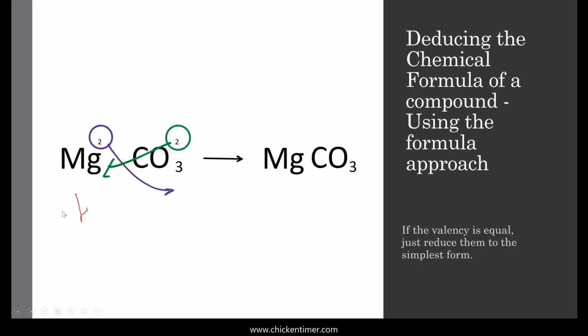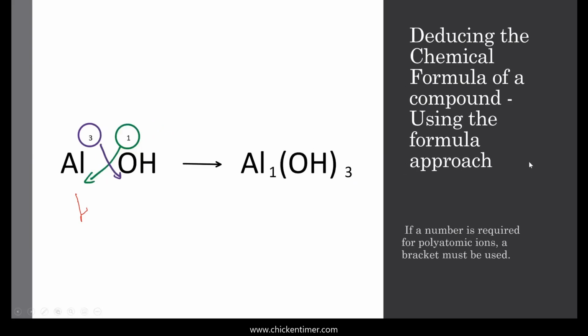Then if you have magnesium carbonate, this 2 comes from the periodic table. Then this 2 comes from your memory, because just now I mentioned that there are a few that you need to memorize and this is one of them. Then when you crisscross, you get 2 here and 2 here, which is the same. So you can just write it out without the 2. That's why magnesium carbonate is like that. Then aluminum oxide, if you have